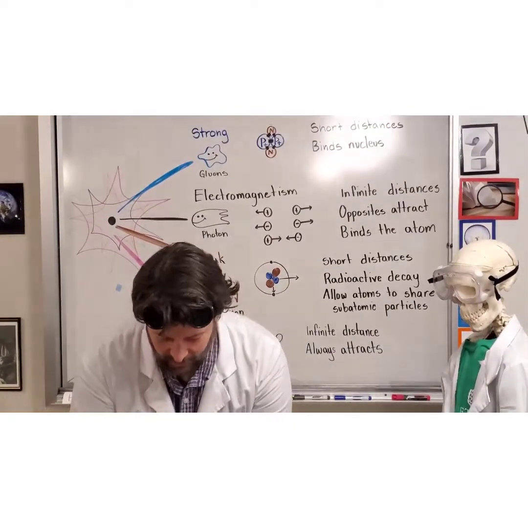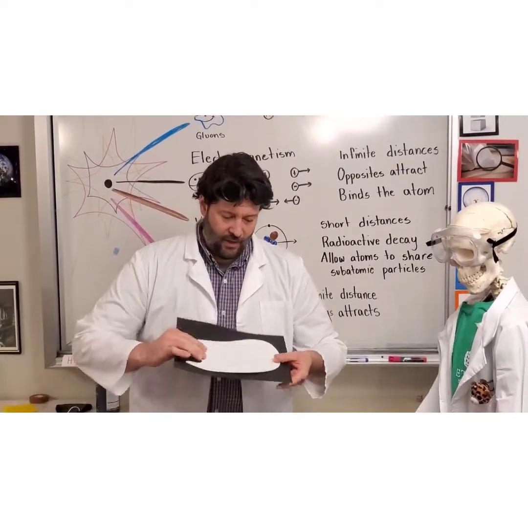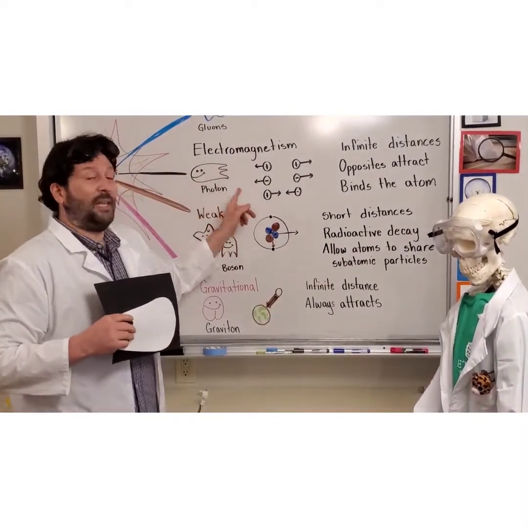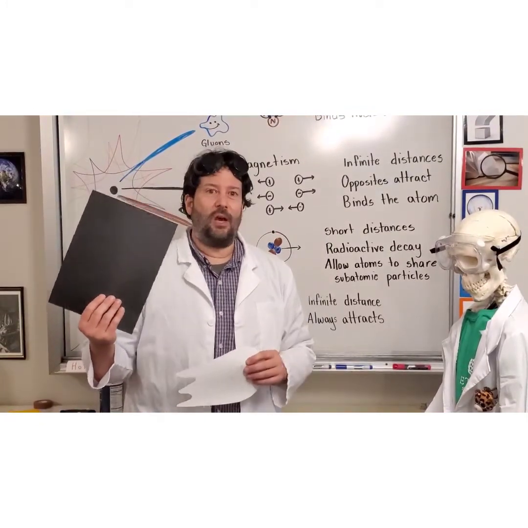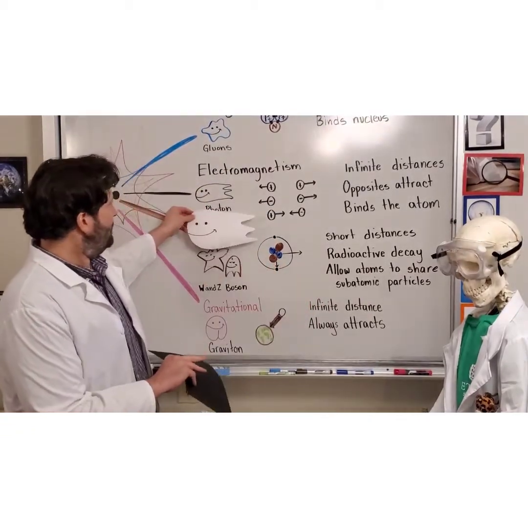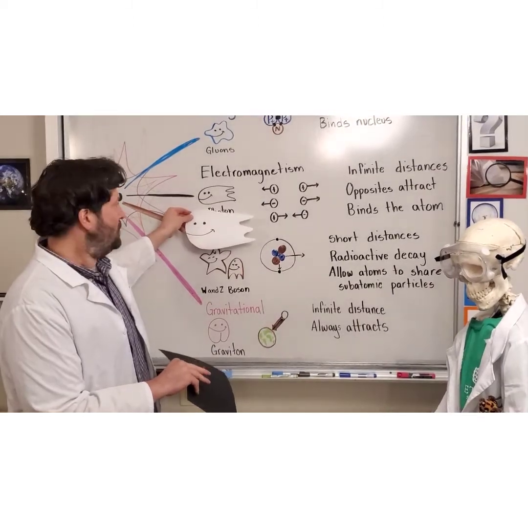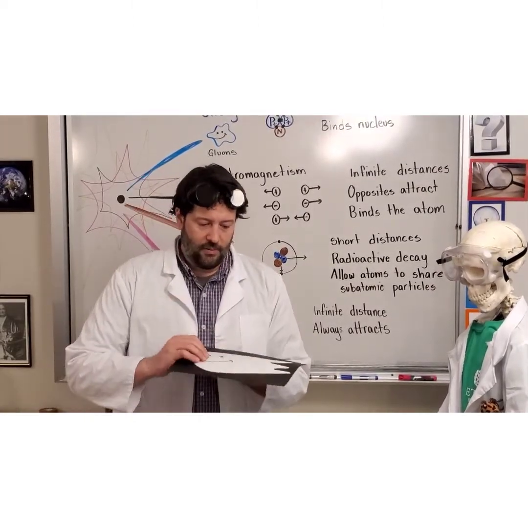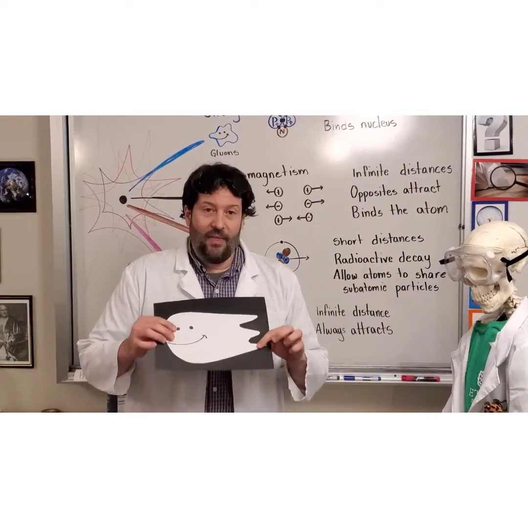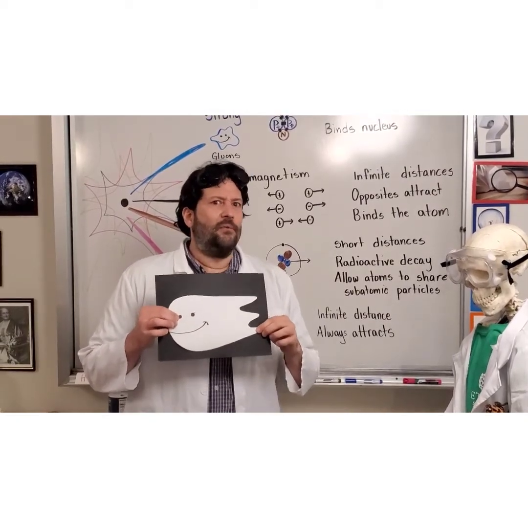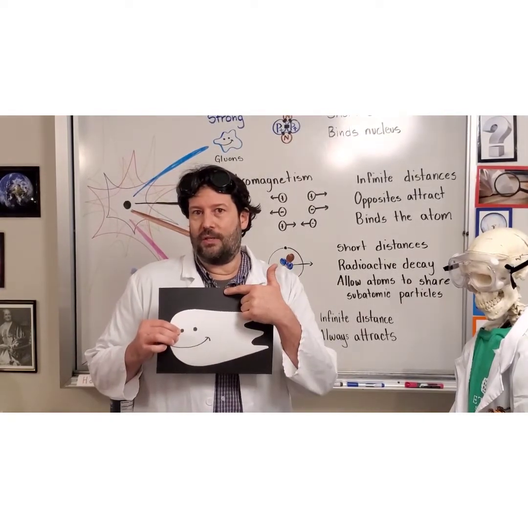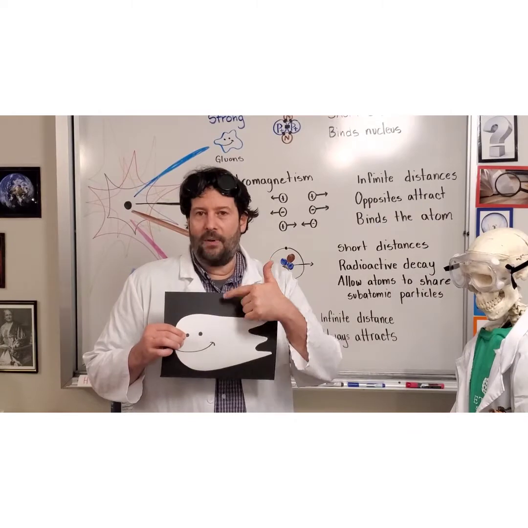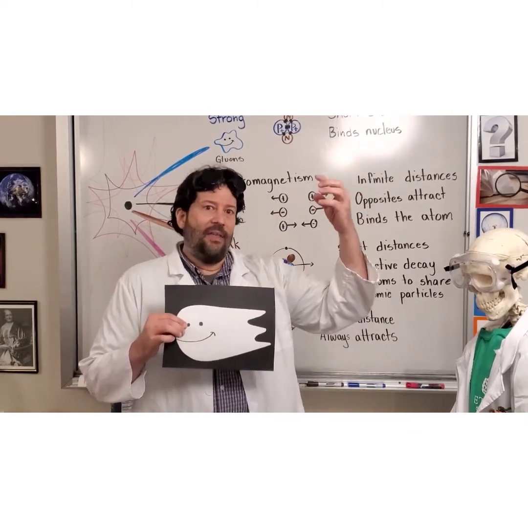So, here's one of the experiments I'd like you to do at home. So this is for the photon. This is for electromagnetism. Take a dark piece of construction paper. I happen to use black. If you have any other color, just a dark color, and take a light piece of paper, and I cut this one out to be like our friend, the photon. Hey, it's a little force carrier, the photon. And I'm just gonna put it on top. I might even put a little piece of tape under it to keep it there, and then put it in the sun. Leave it in the sun for about a week and see what happens underneath the light piece of paper versus the dark. Look at the difference in what happens as the sun is affecting it, and the electromagnetism,